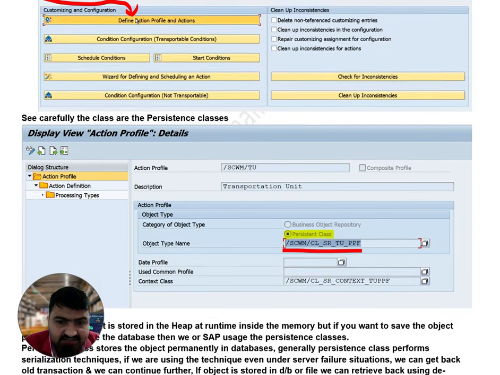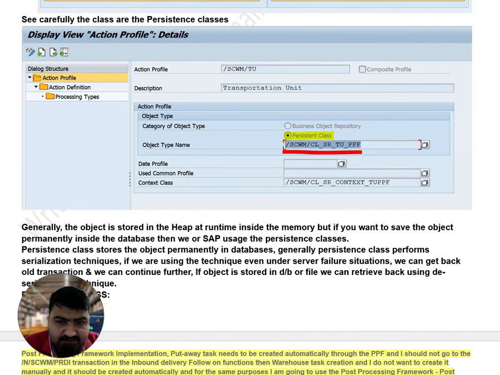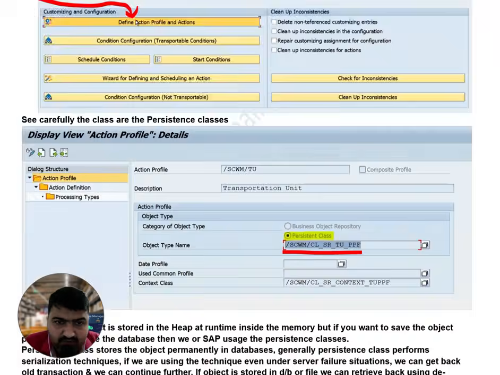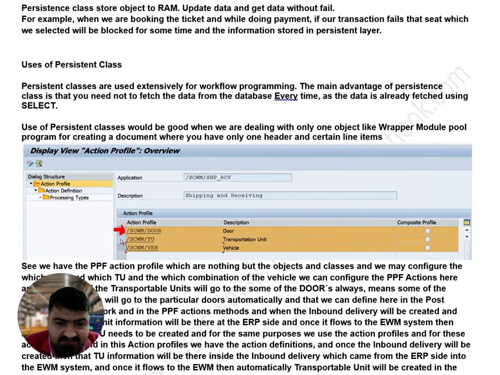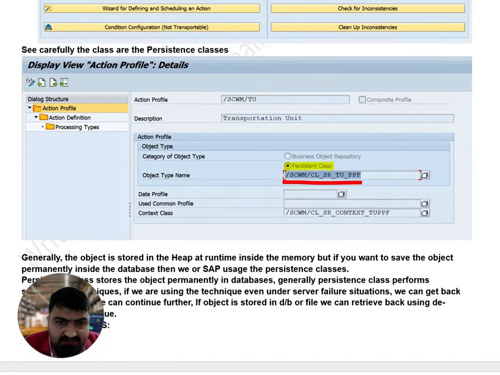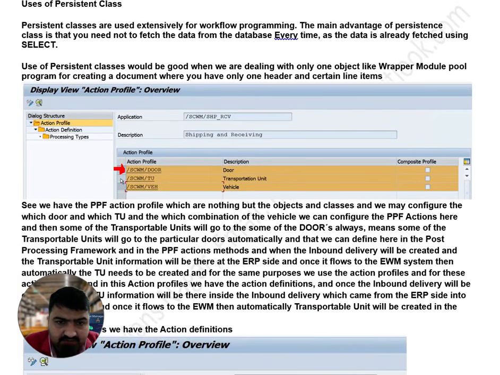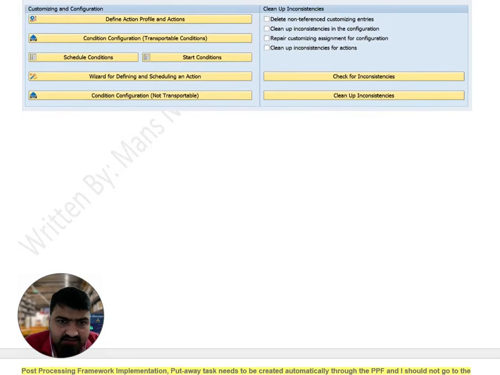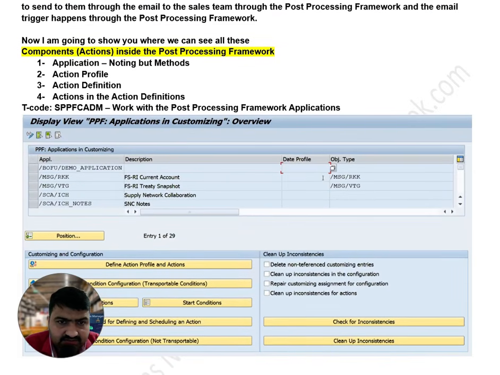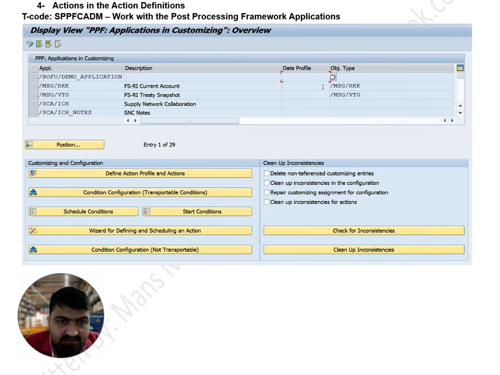You can see each and every explanation, the object name, the persistent classes, then the theoretical part, guys. I will explain until here, and in the next session we will see you again. These are the applications here.